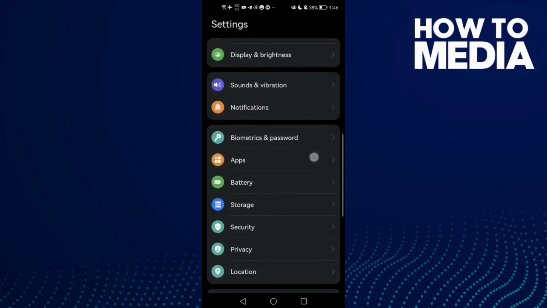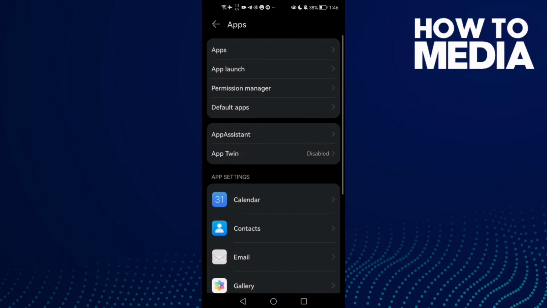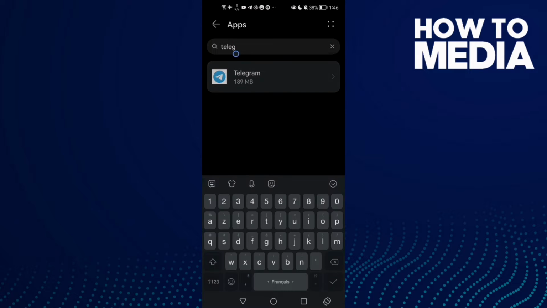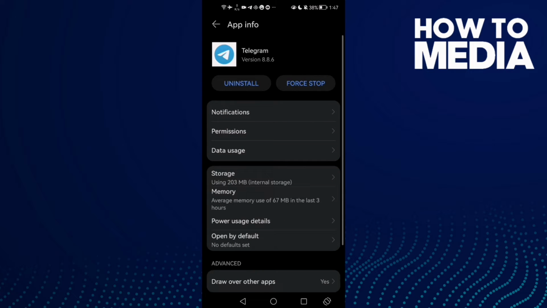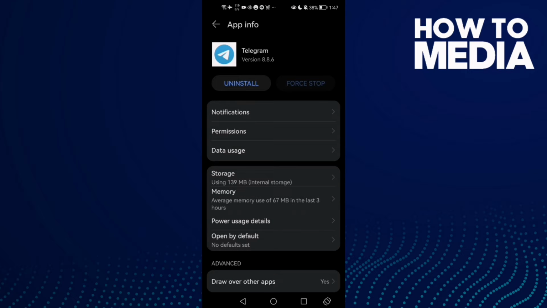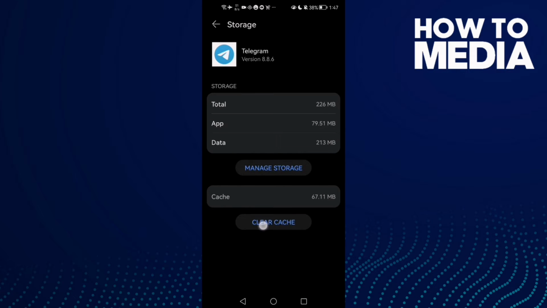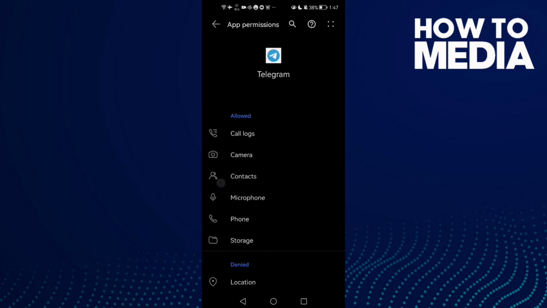First open settings and here just scroll down until you find apps, and now click apps again, and here just type Telegram and then click on it. And first thing you need to do here is to click force stop and then scroll down until you find storage and then click clear cache,